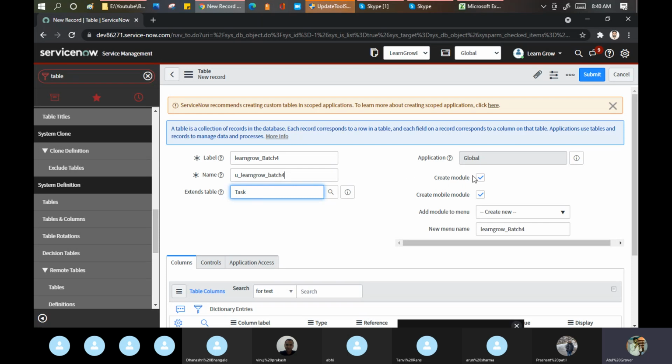Second thing, create a module. If I go here, see, these are the modules. Do you want to create a module for this? See, when we do the practical part, let's take the example of the database here. Sometimes in a database we create a lot of tables which we never expose to the user.